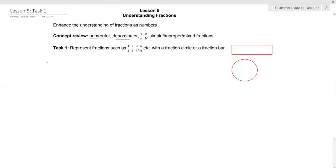So who can tell me what a numerator is? Or what a fraction is? Can someone define a fraction for me? Yeah, fractions like half a piece, 1/4 of a piece, 1/3 of a piece, 1/10 of a piece, 1/100th of a piece. So I'm hearing piece a lot, or you can also say parts of something. You're used to whole numbers, 1, 2, 3, but how do you represent something that's not whole, a part of something? That would be like 2/4, 3/4,